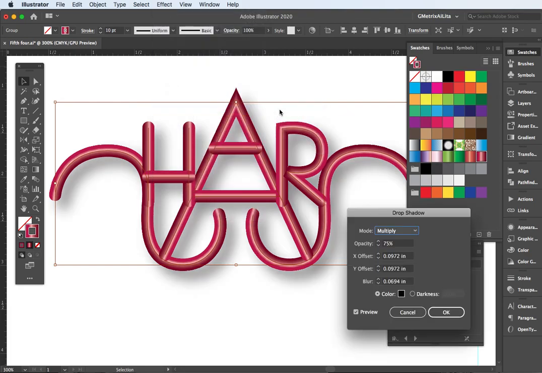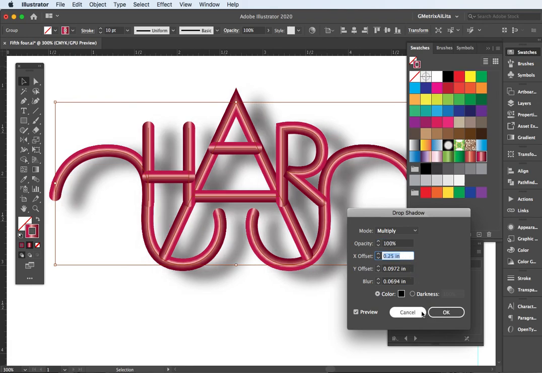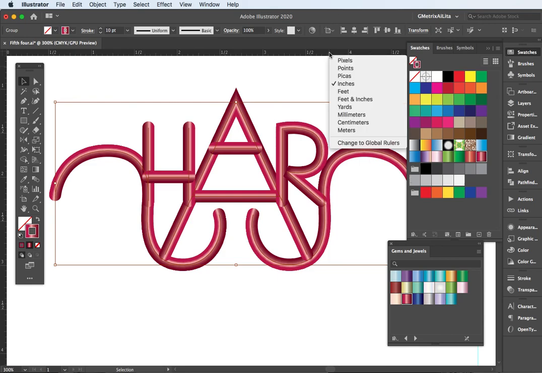But I'll just put a drop shadow on this just to give it a little bit of a thickness coming through. And inside there you can manipulate all the parameters of this piece here. So it gives you a little bit of a selection for it. And keep in mind this is in inches. So when you go and right-click on the ruler and put it at points, it gives you a little more fine-tuning